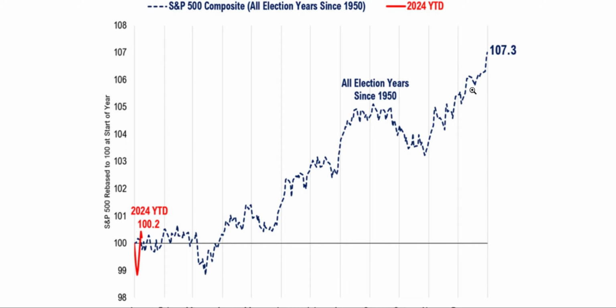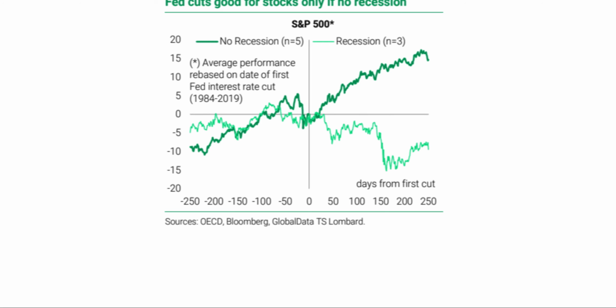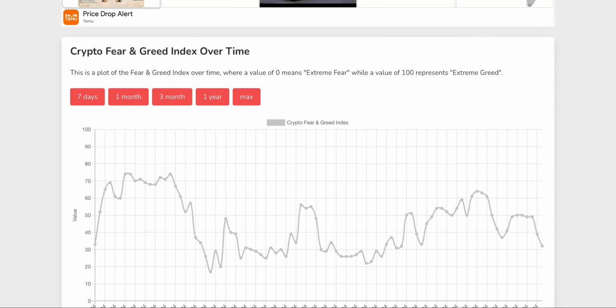Now, we did get that sell-off when there was the whole yen carry trade unwind. Let me find that here. So on average, when the Fed cuts rates, there's typically around a 10% sell-off going into the rate cuts in that bullish, dark green line scenario. We had that. We haven't seen anything since. So in my opinion, I don't feel like this year has been totally normal for an election year cycle, at least as far as the volatility that was promised.